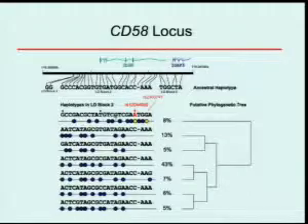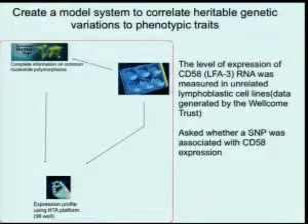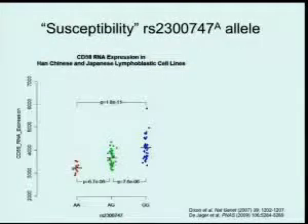Okay, so this is a particular haplotype associated with risk of MS, and we developed a model system with David Altshuler at the Broad. We looked at the level of expression of different molecules on lymphoblastic cell lines that had in fact been totally sequenced by the Wellcome Trust. We simply asked, is there a SNP associated with CD58 expression? And we found that the susceptibility allele, the 230 allele, was clearly associated with decreased CD58 expression,